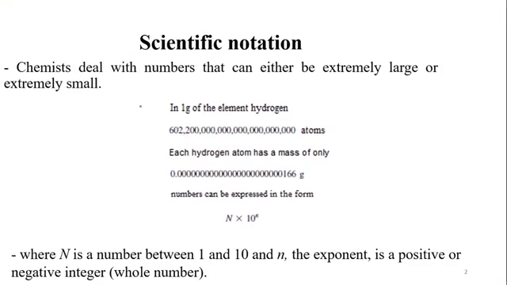Scientific notation. Although it may seem like this subject is more related to math, actually chemists deal most of the time with very large numbers or very small numbers. For example, if I looked at 1 gram of the element hydrogen, it is equal to 6.02 multiplied by 10 to the power 23, a 602 followed by 21 zeros. As for the hydrogen atom, it has a mass of only